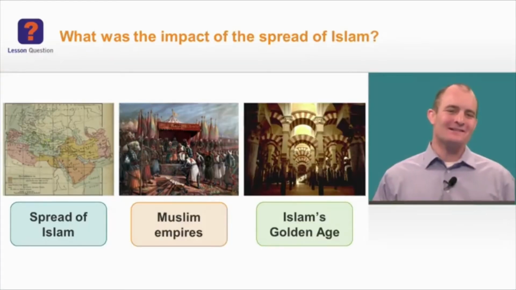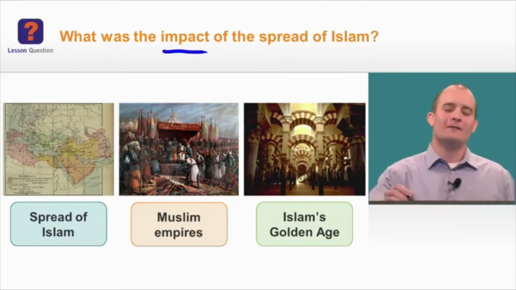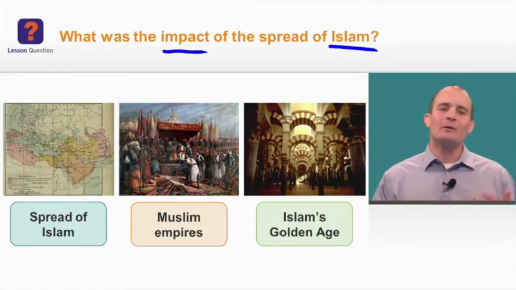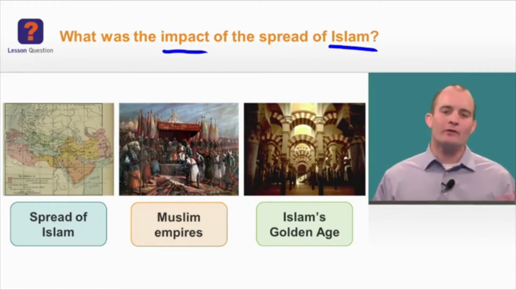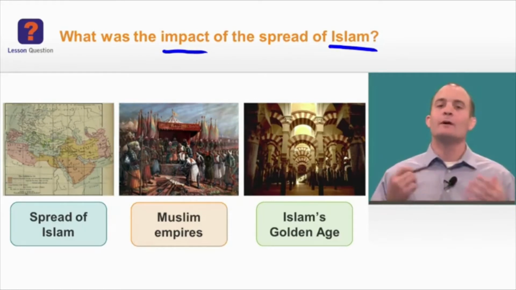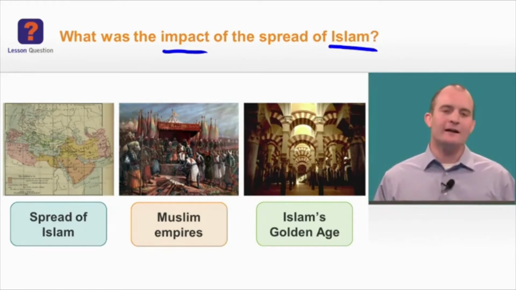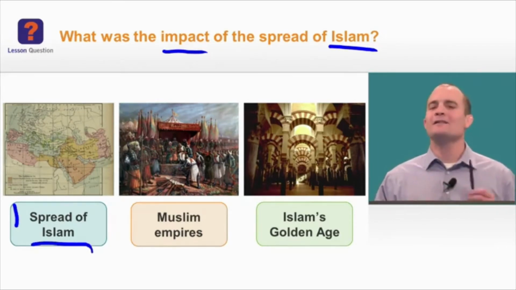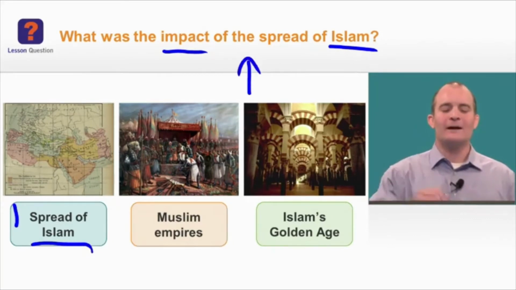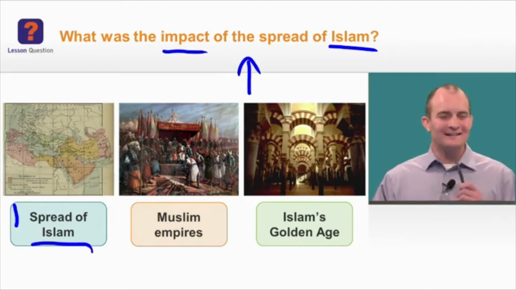Back to our lesson question, scholars. It's at the top of the screen. What was the impact of the spread of Islam? Well, we just saw how quite rapidly Islam spread through North Africa, into Spain, and into Portugal, into Europe as we know it, as well as throughout the Middle East and into Asia. Now, this first part, we're going to build on that knowledge, and we're going to take a deeper look at the spread of Islam, and we're going to see how that will really help us answer our lesson question. Let's get started with the first part, scholars.